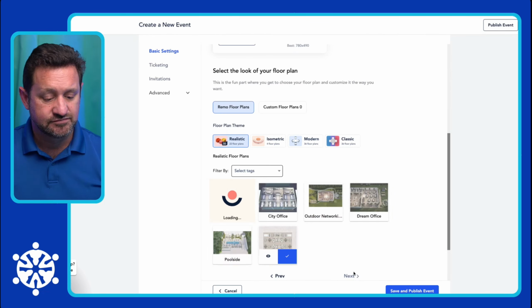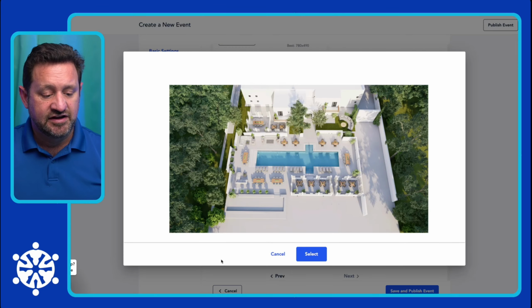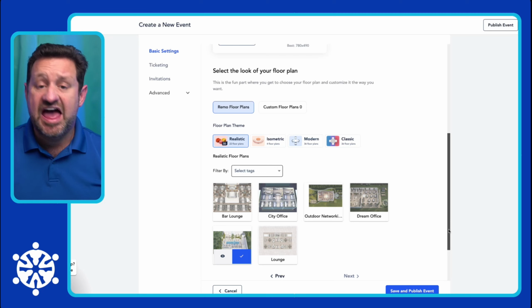Let's see where it is. Here it is. This is the poolside floor plan. We'll go ahead and select that. Okay. And at that point,